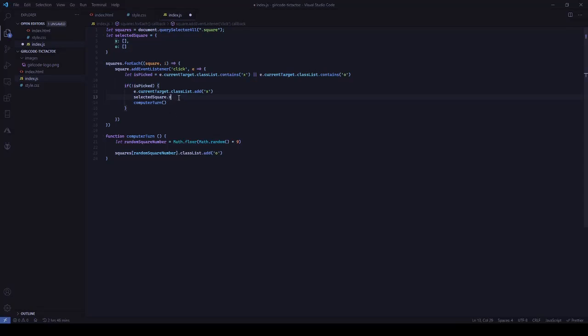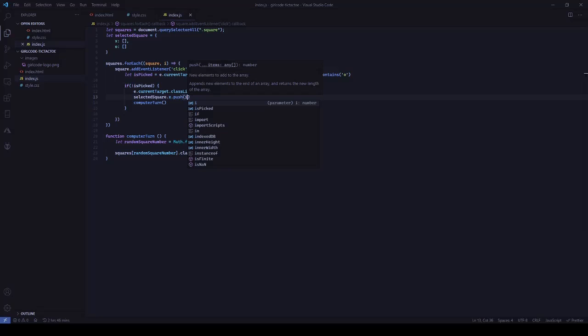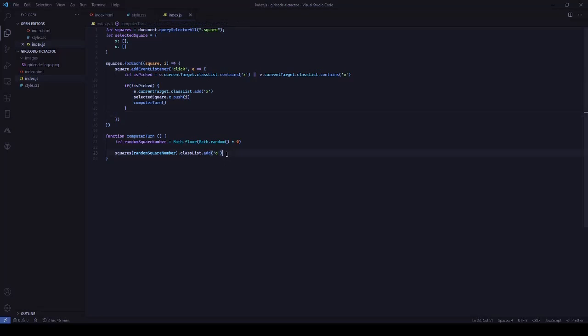Since this is an array, what do we need to do? Since it is an array, we come here and say dot push. An array comes with a method called dot push. Then with dot push, we push in the index number of that block. Then we save that. The next part will be to also do it